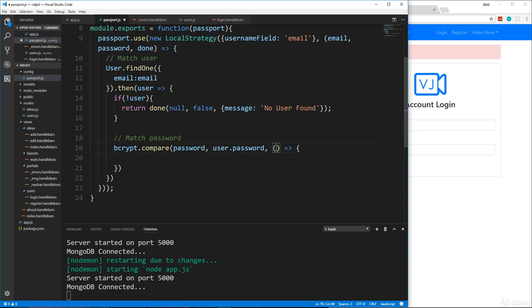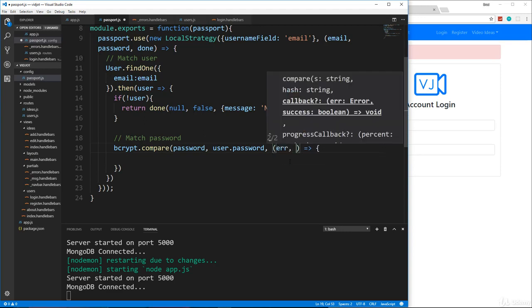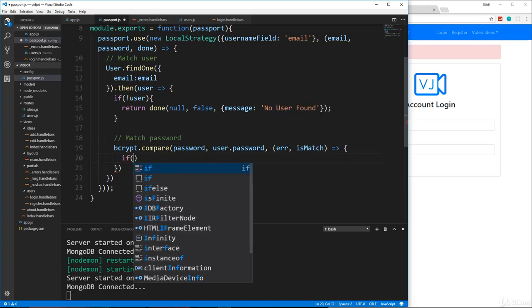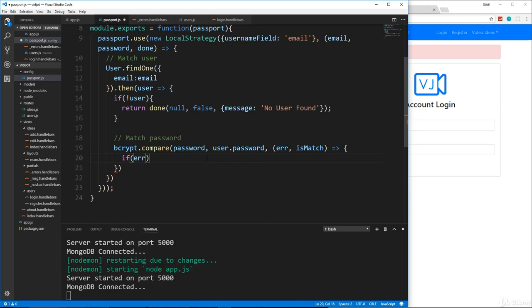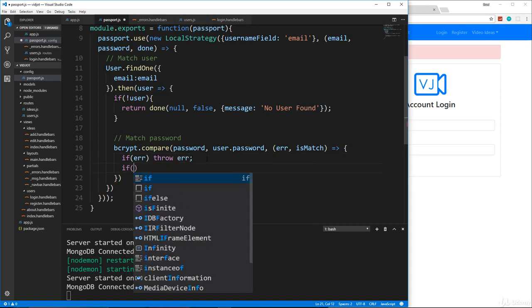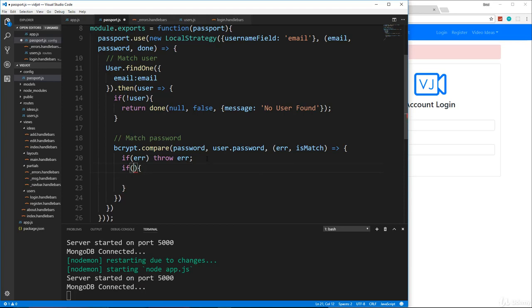and that callback is going to have an error, and then it's going to have a true or false value, which we'll call isMatch. All right, so let's check for the error. So if error, we'll just go ahead and throw it. All right, and now we want to check to see if it's a match. So if isMatch,